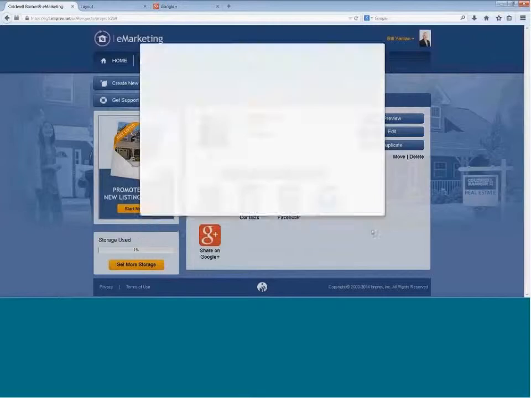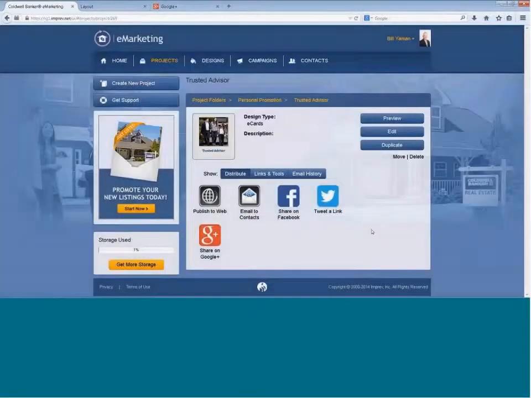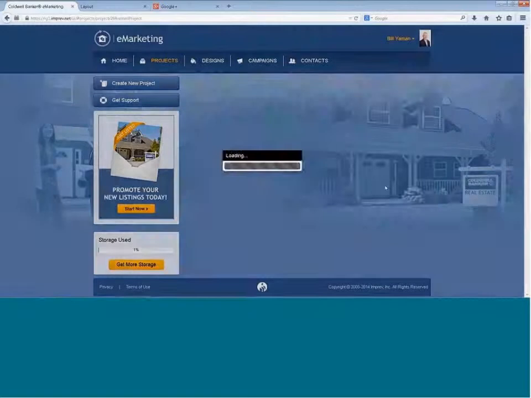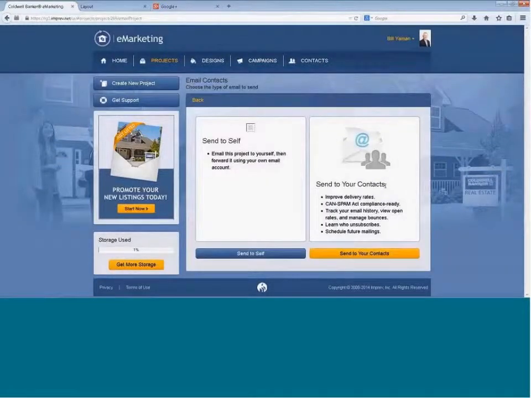It may be, and this is probably the most likely scenario, that you want to email this Trusted Advisor card to your sphere of influence. So I'll select the Email to Contacts tab. There are two options for sending an email. You can either send it to yourself and then forward it from your email out to your sphere of influence,